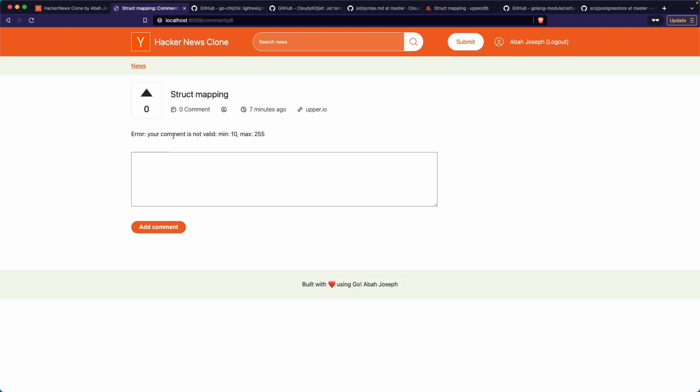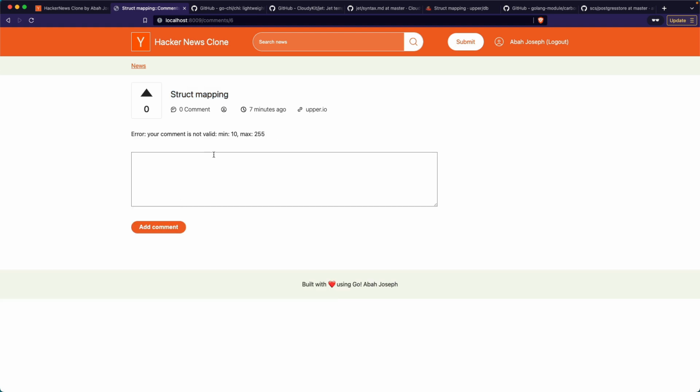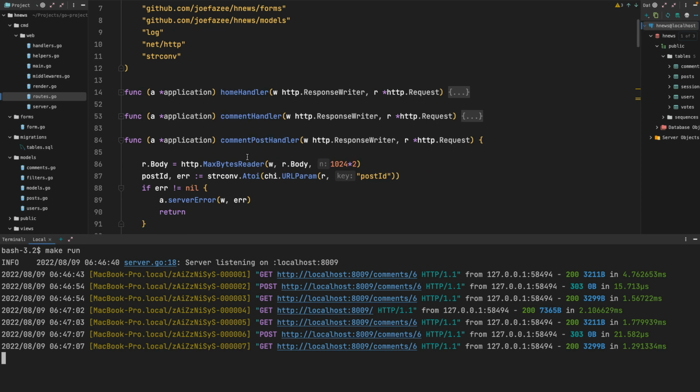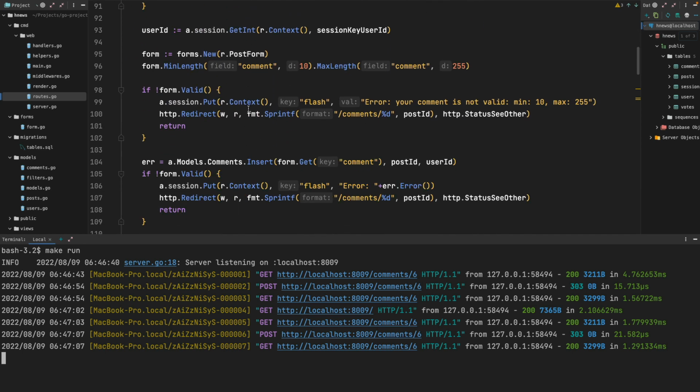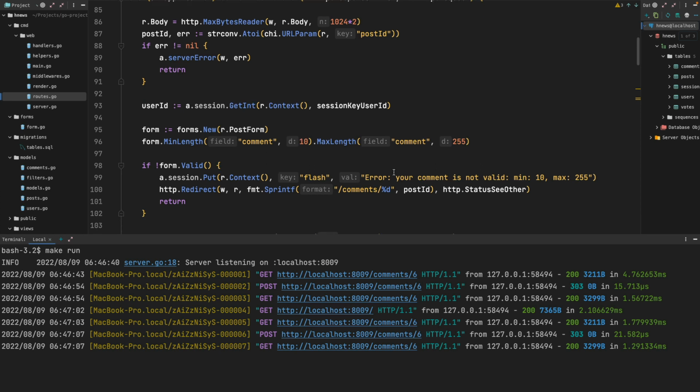Comment. Your comment is not valid. Okay, let's see why. I'm just going to copy something random and put it. Oh, let's see why it's not working. You see the danger that we're not printing our validation message. Where is it? Minimum length, comment, max length. And I can know by saying